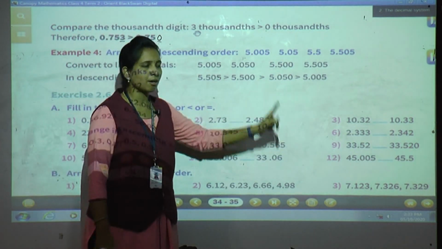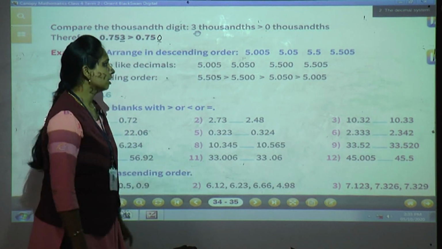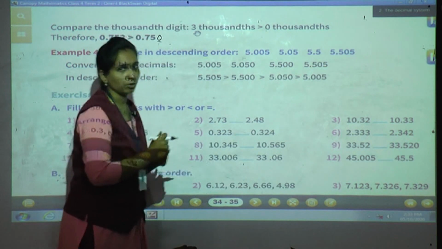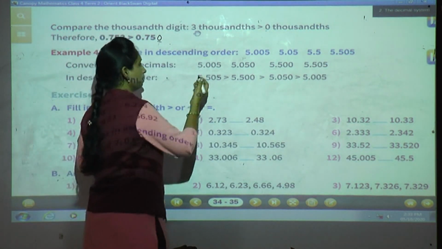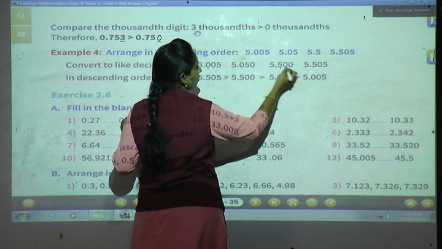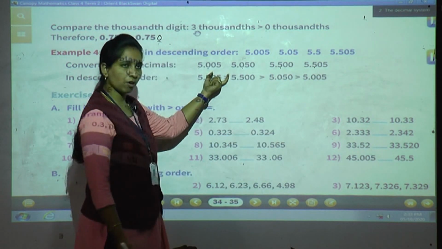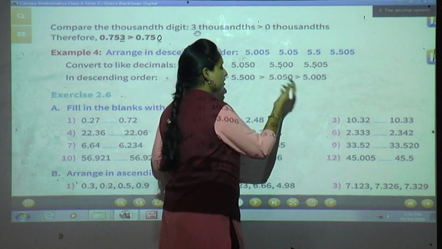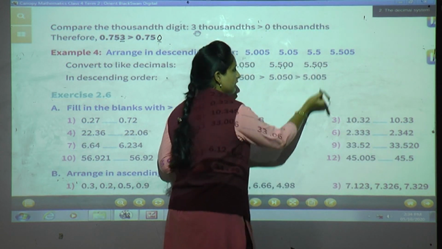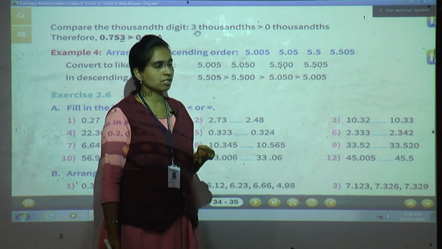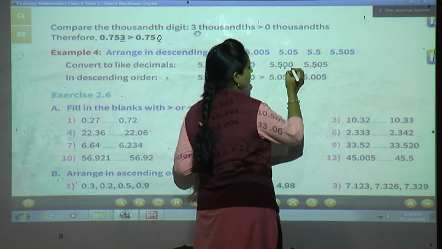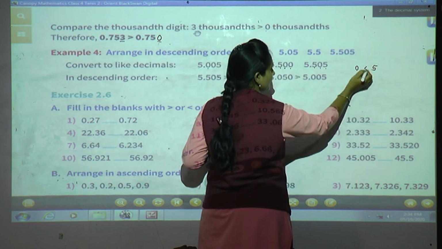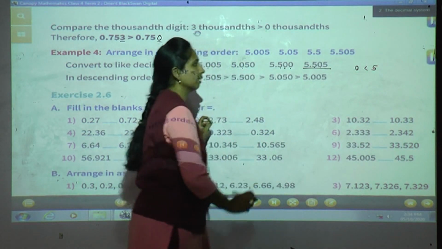Now we can arrange these numbers into descending order. Just see, whole number 5 is there. We cannot compare which is greater, then we will go with the tenths place. Tenths 0, 0, 5, 5. See, 0, 0 is smaller, we have to go with greater. Now 2 numbers we got greater. So tenths place we have given, then we have to go with the hundredths place. Again hundredths place 0, 0 is there. Then we go with the thousandths place. Now thousandths place 0 and 5 is there. Now which is greater? Of course 5 is greater, means this is the greater number.